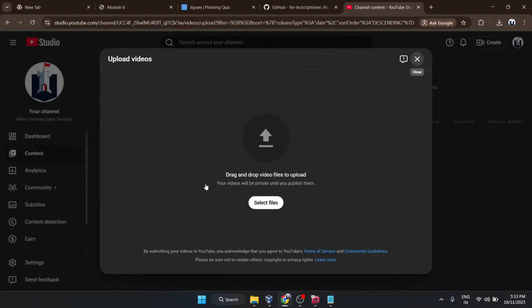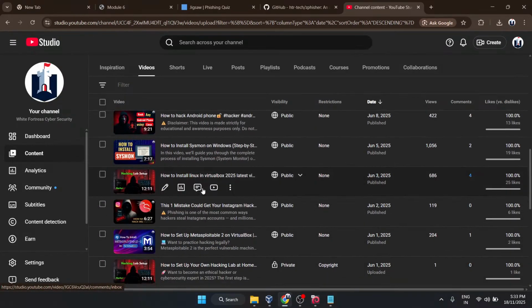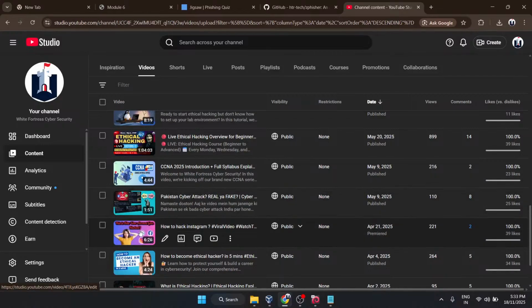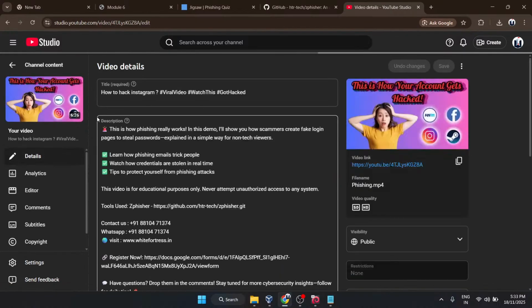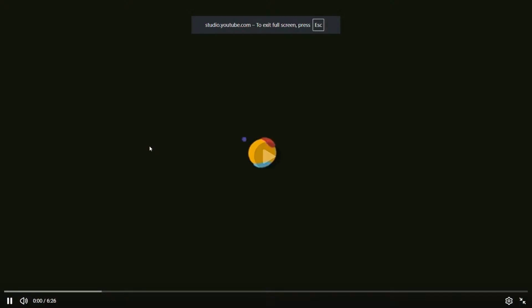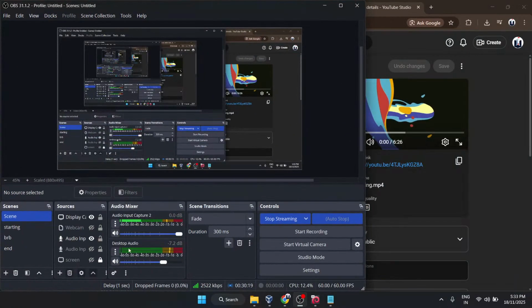Usually this tool works, but sometimes it does not. Z Fisher sometimes does not work really, but let me show you how it works. Wait a minute. Let me close my desktop audio.